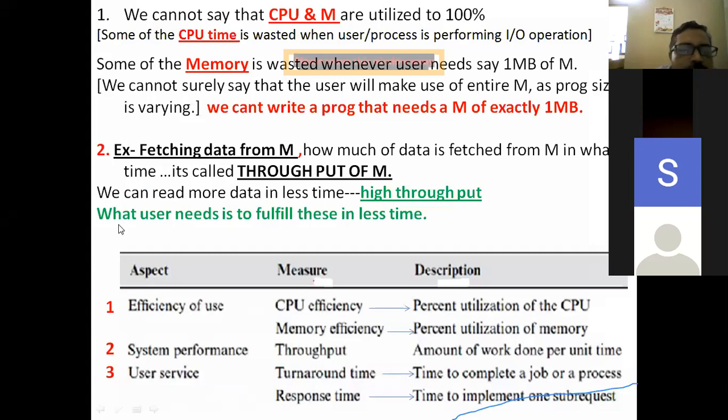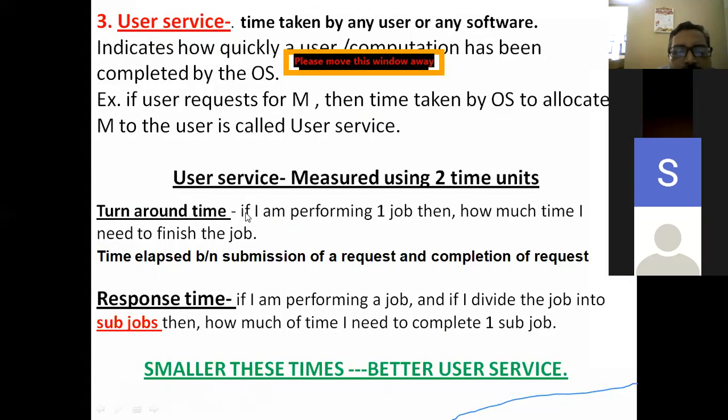You can see here, turnaround time is nothing but, suppose I'm performing a job, how much time I need to finish the job, meaning the amount of time elapsed between submission of a request and the completion of the request. This time difference we call turnaround time. And regarding the response time, say if I'm